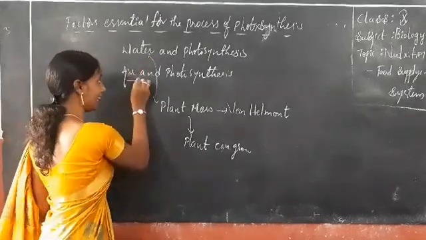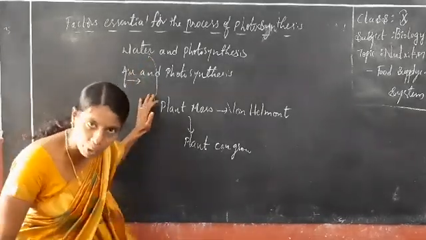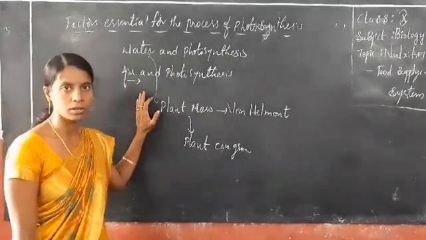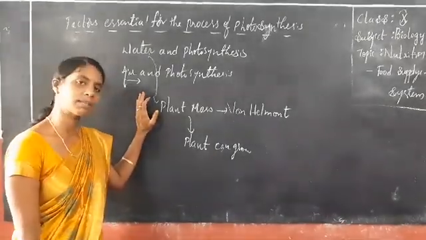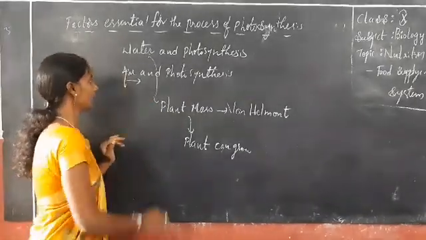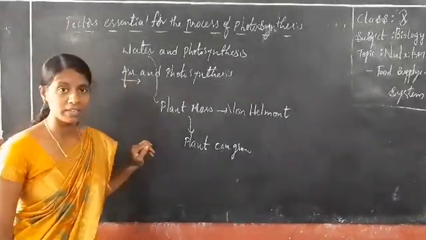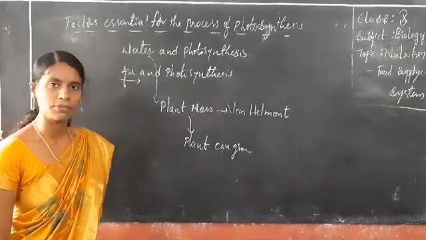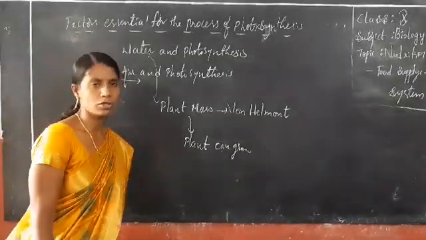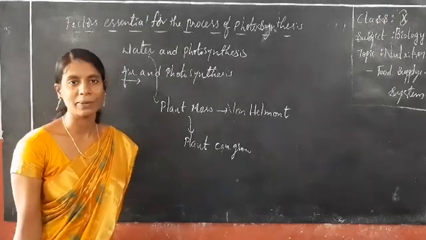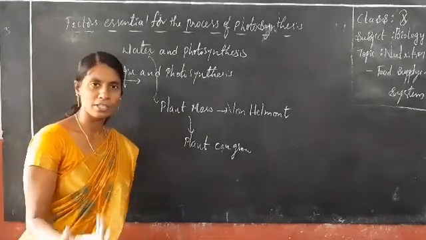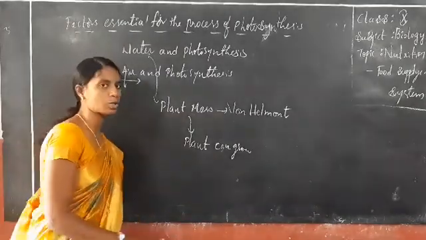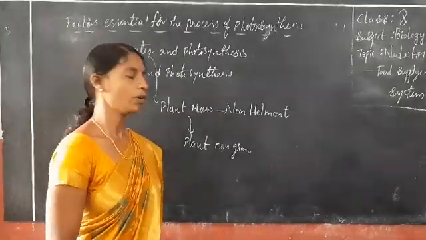Let us do air and photosynthesis, a very important topic in our 10th class. It is also there in 7th class, which was discovered by Lavoisier as well as Priestley. Air is very essential for photosynthesis. How is the air essential? If there is no carbon dioxide, plants cannot prepare their own food material. If there is no water, they cannot prepare their own food material. So here air is also very important for photosynthesis.